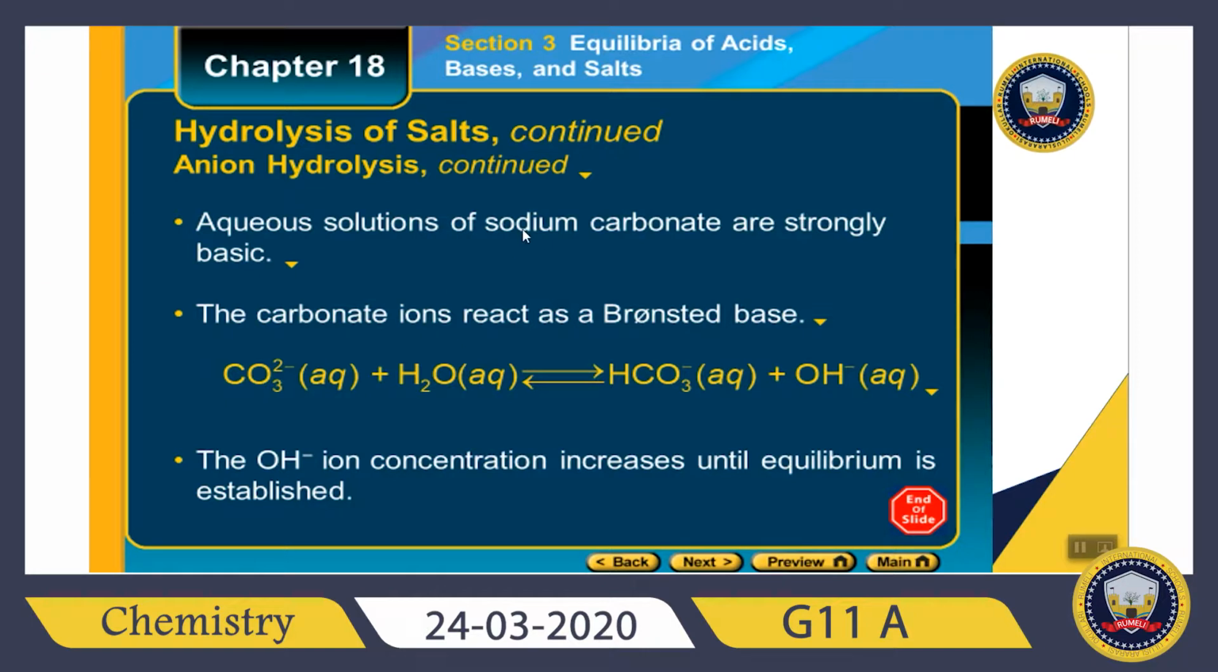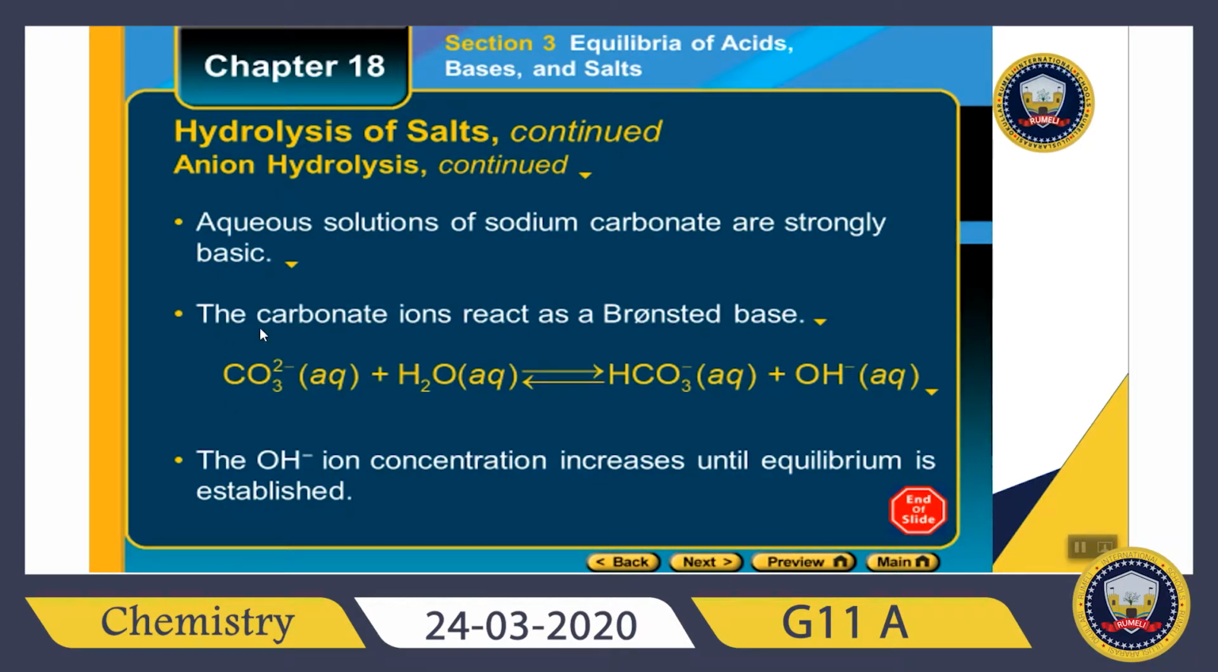What will happen? Sodium carbonate will form. This sodium carbonate is present in the product and it will hydrolyze in the solution to sodium ion and carbonate ion. Sodium cation comes from sodium hydroxide and carbonate anion comes from carbonic acid, and carbonic acid is a weak acid, so carbonate ion is strong